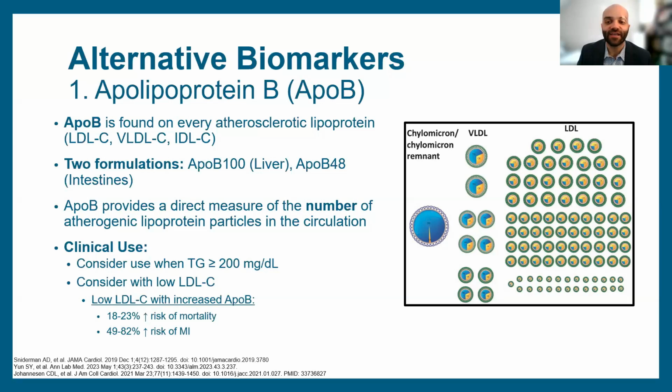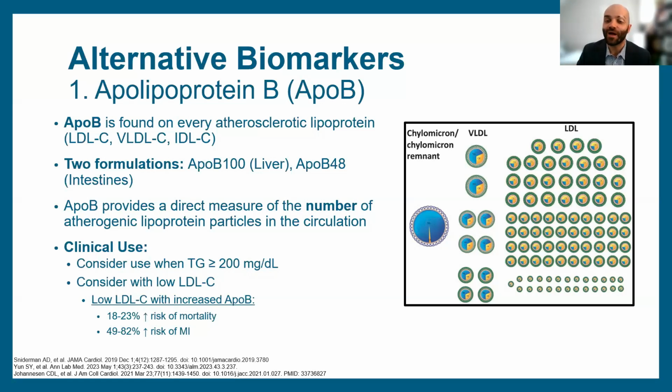And thinking about how to put it into context and when you may consider this: for folks with high triglycerides, because we know that the lipid panel becomes less accurate. We know greater than 400 is really hard to use, but if those triglycerides are greater than 200, this may be an option. Or when people have low LDL. So if you're thinking, I really still feel like I need a better picture of this patient's risk, this may be an appropriate option.